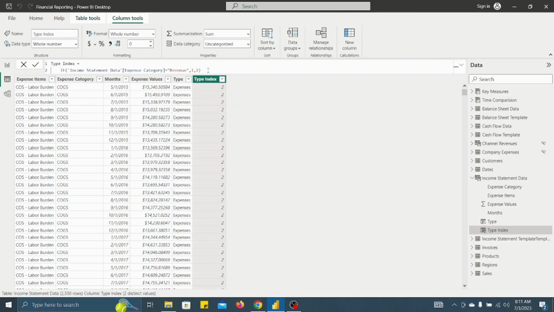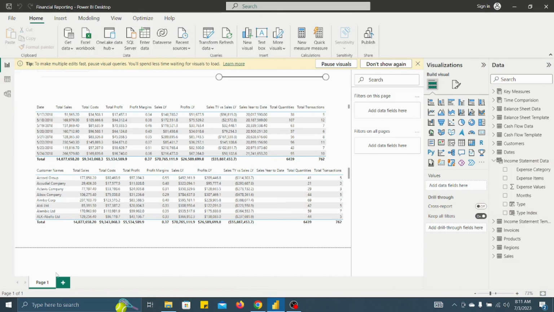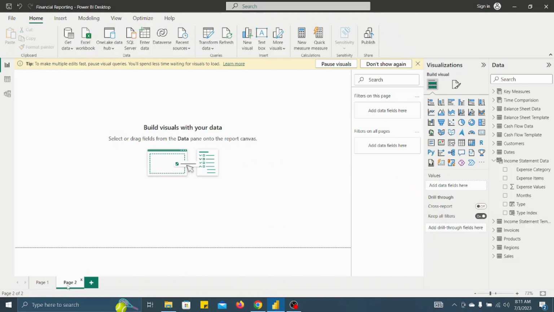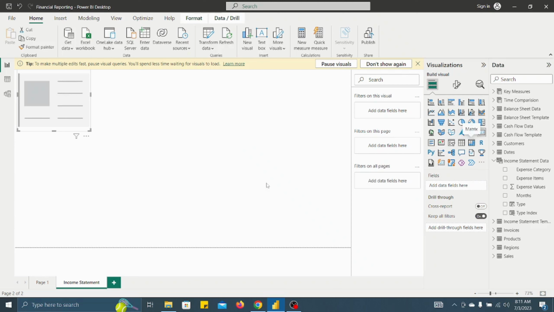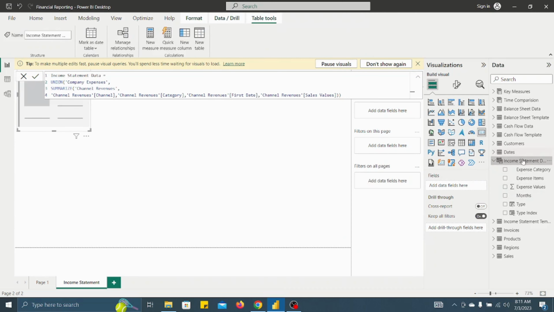So what we are going to do now is create a new page here. The name of the page we will put as income statement. And if we take one card visual, basically, from income statement data,